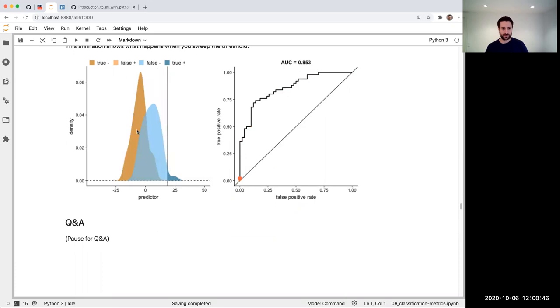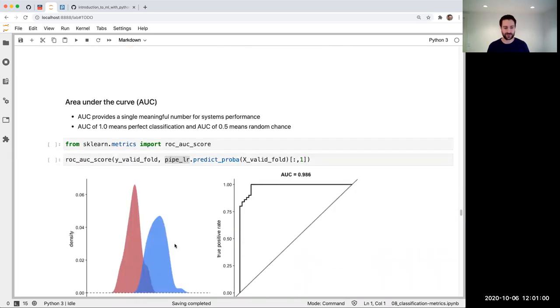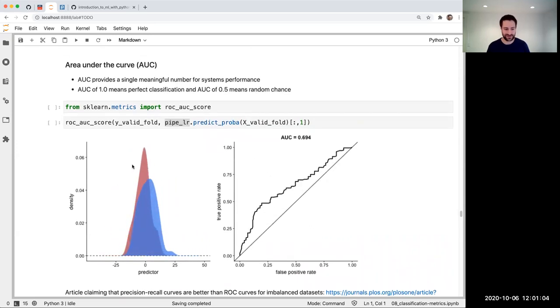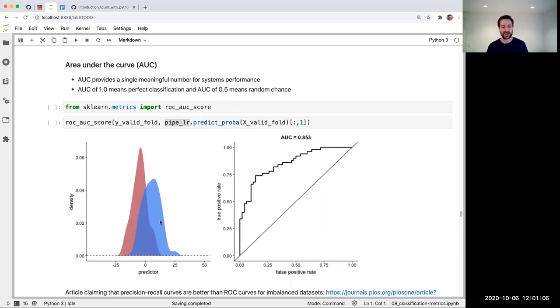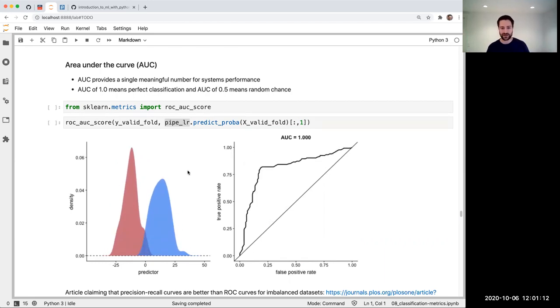Another question. So blue here is representing frauds and orange is representing not frauds. And these are the different predict proba scores coming out. So I'm going to move down to this other plot. This other plot is kind of showing the same thing. I don't know why it's changed from orange to red, but in any case, blue is the fraud, red is the not fraud. And what it's showing is that if your classifier can pull these apart, you're going to have